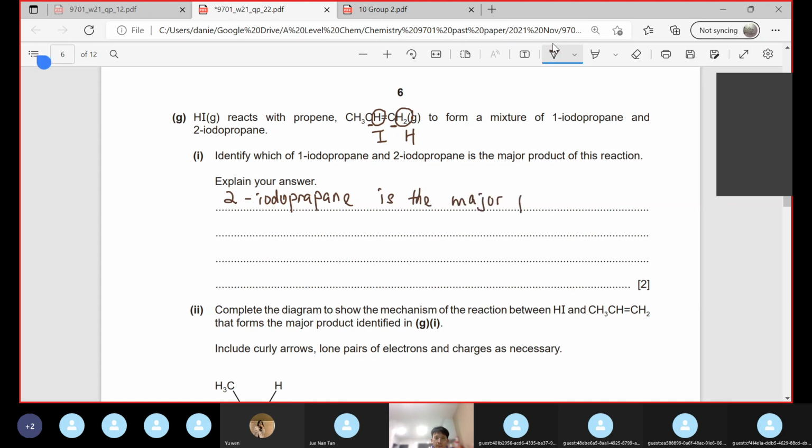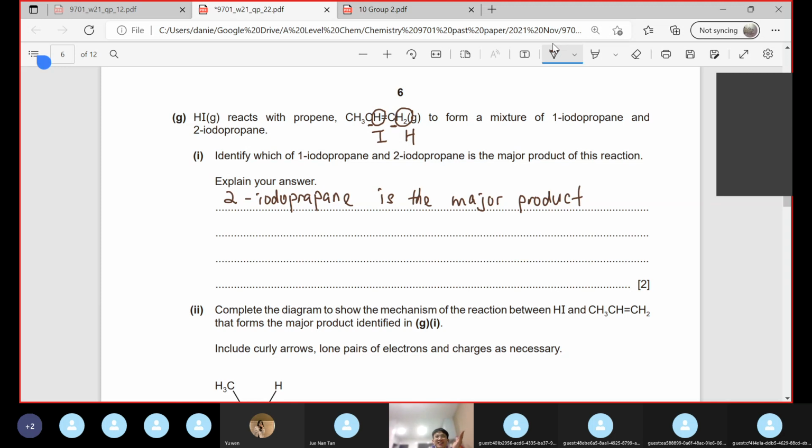Okay. As long as you write this statement, you get 1 mark already, as you identify it correctly. Then, when it comes to explanation, okay, this one,